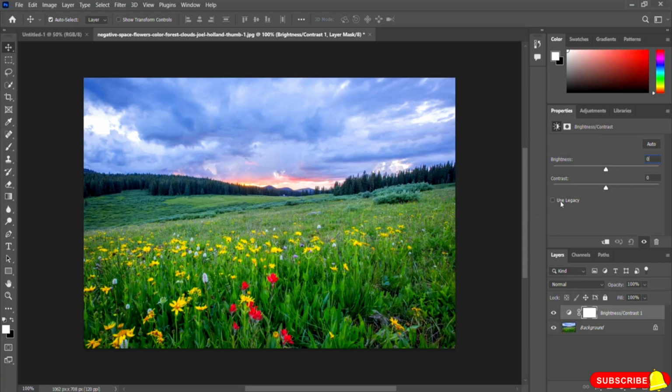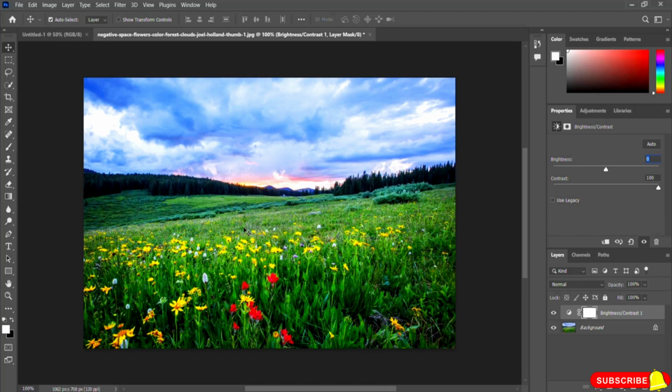You will get contrast. So if you want to increase the contrast of the image, you just have to move this pointer to the right side, and you can see the contrast is applied in here. Maybe you will not be able to find out whether the contrast is applied or not. And for